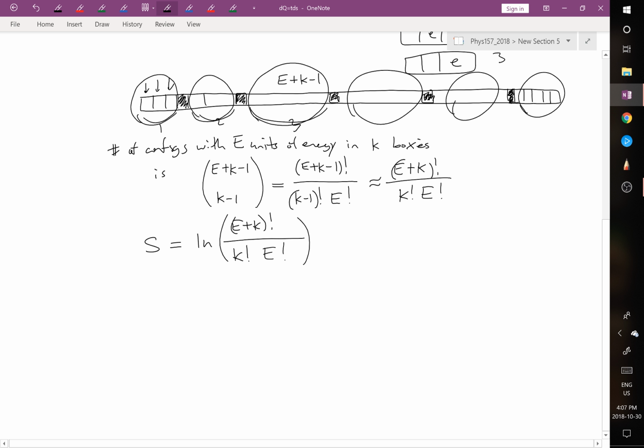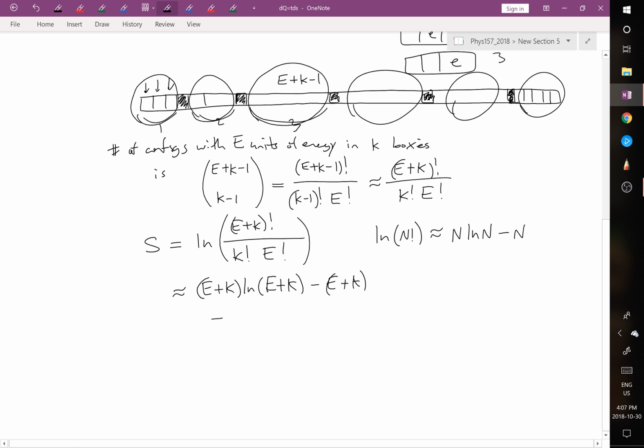And now we can use another mathematical trick, which is something called Stirling's formula, where the log of the factorial of a number is approximately equal to n times the log n minus n. Okay, and so we can use that here to say that this entropy is approximately equal to (E plus K) log of (E plus K), and then minus (E plus K), and then we have to, on the bottom,